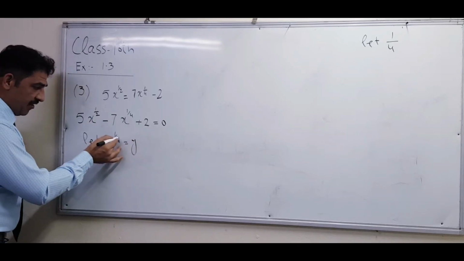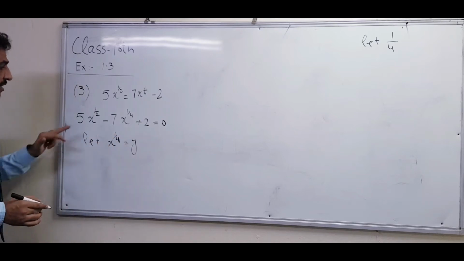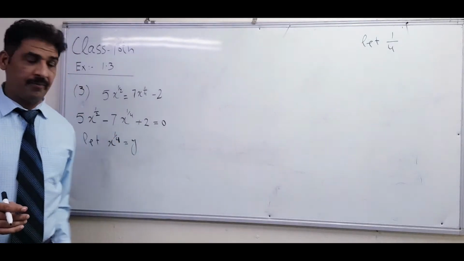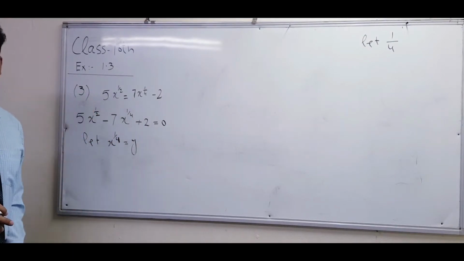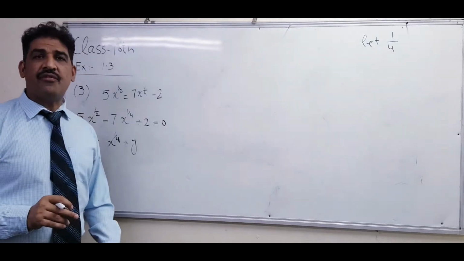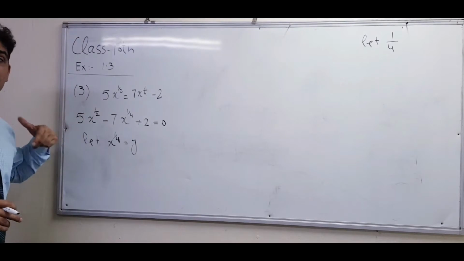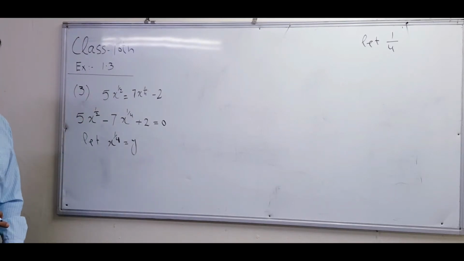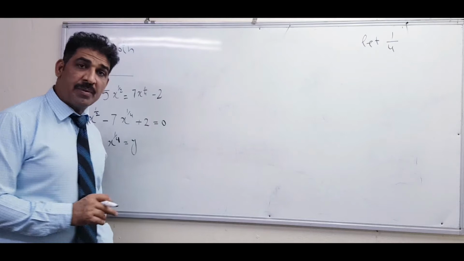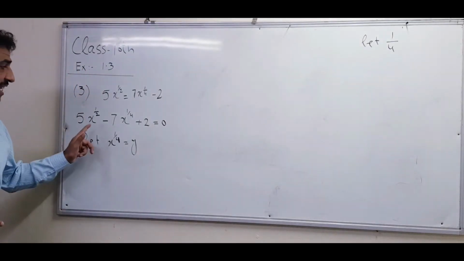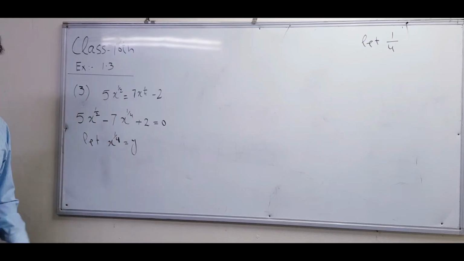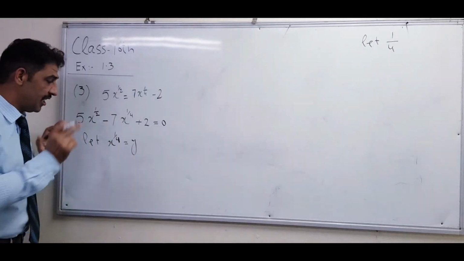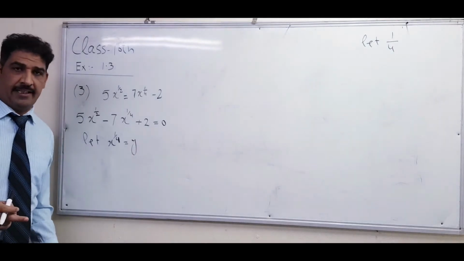Now I want to say that 1 over 4 is a smaller amount as compared to 1 over 2. Like 1 dirham: 1 over 4 means 1 dirham divided among 4 persons. So how much does each person get? 25 fils. Here 1 over 2 means 1 dirham divided among 2 persons. So how much do the 2 persons get? 50 fils. So 50 is greater, and 1 over 4 is the smaller number. It means you have to assume the smaller value is equal to y.